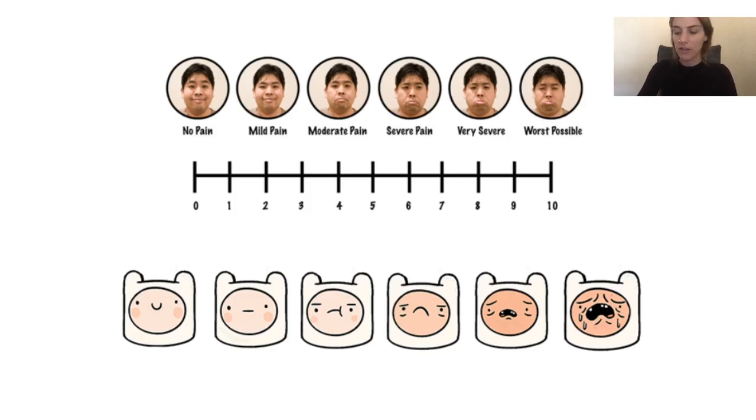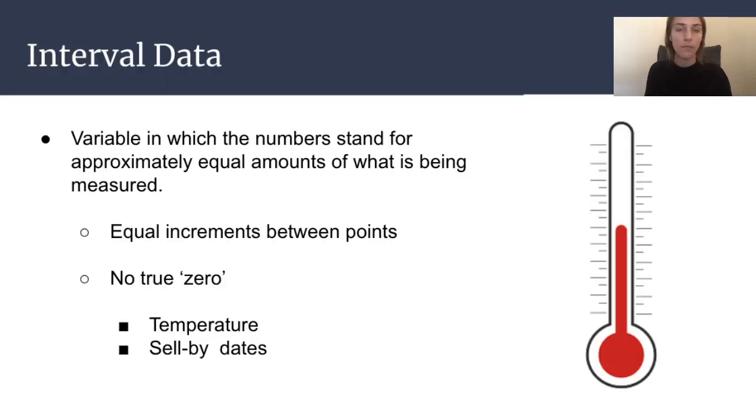So there's a little bit of inconsistency to these ranks. But this is a great example of how this is the best we have for a particular variable, but it is still limited. So now moving on to the next type of data,